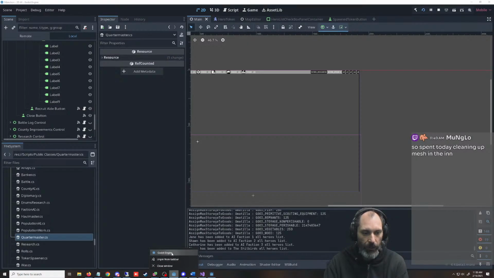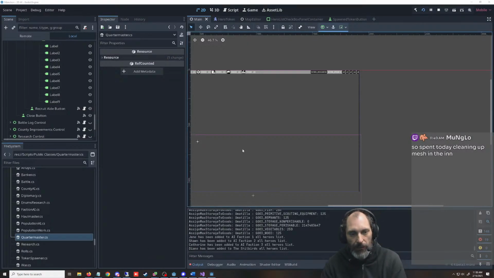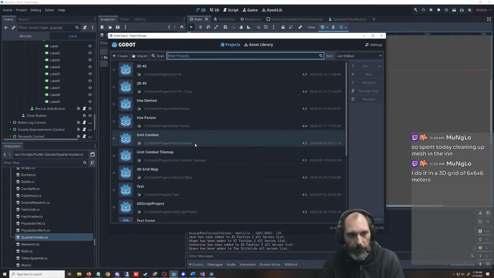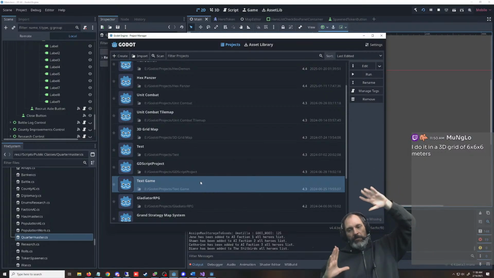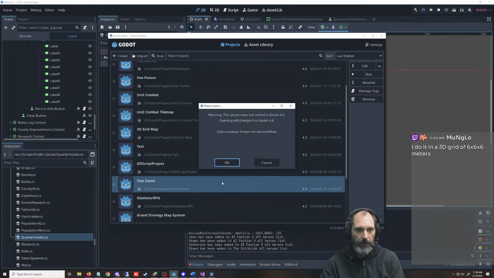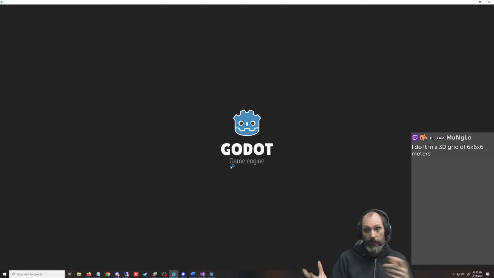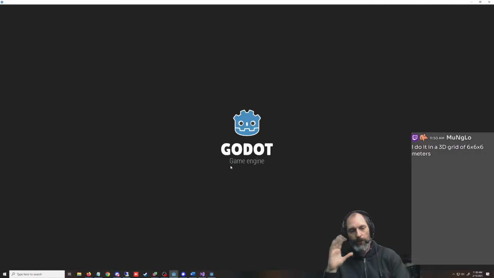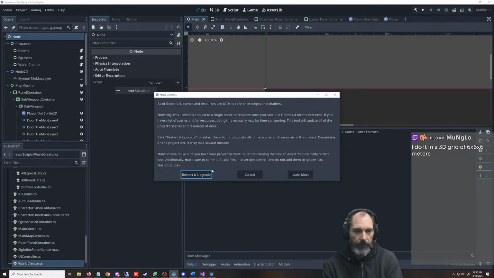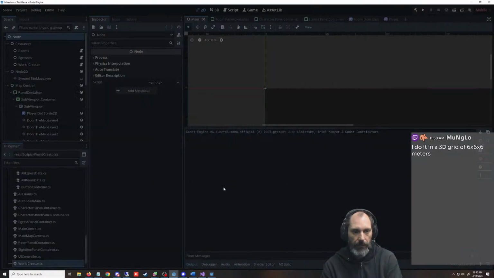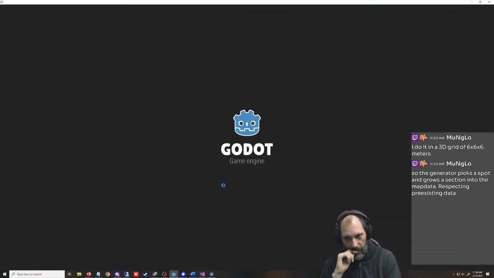I don't know if I can run 2 instances at once. I don't remember what state this thing was in. This is a different one. 3D grid. So yeah, and then you have a whole other axis, a whole other dimension that you have to worry about. I was wanting to do different floors and different levels. The whole thing's crazy. I was just curious if I could even get this to show up.